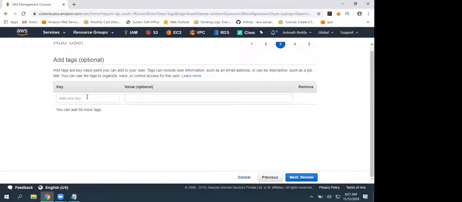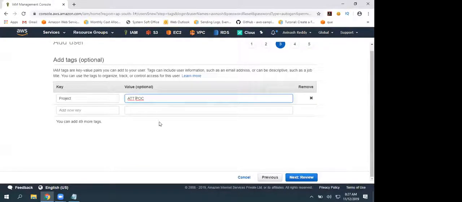So let's give what project you are using. Let's assume for a POC we are using, let's take a company for ADT POC you are using this user, then you can give that. So how many resources you are using for this POC? You can give the same tag. Later on you can filter all the resources by using this tag. Servers, databases, everywhere we can associate a tag. Take any resource. So let's assume you are taking it as for a POC, proof of concept. Then click on review.